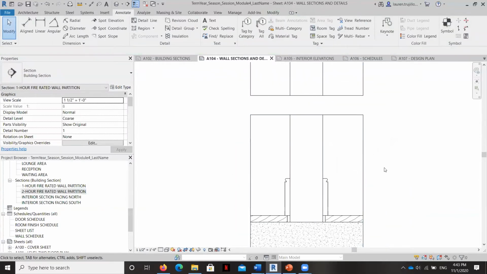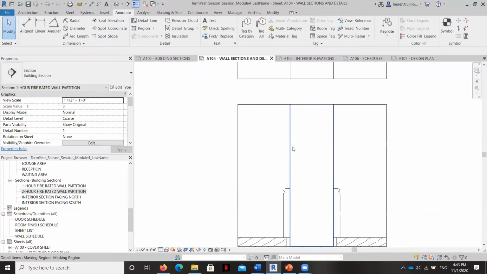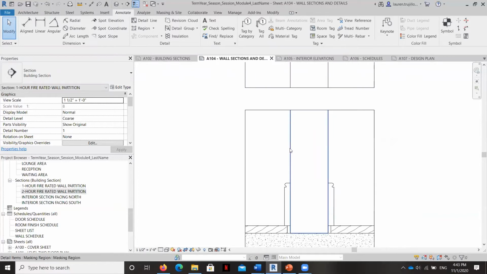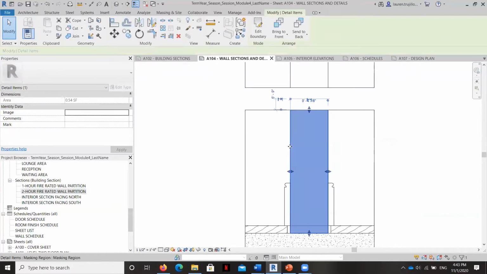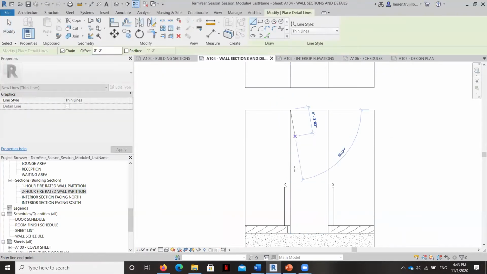Okay, so then the next thing that we're going to need to do is to create the drywall layers here. And so remember, this is a 1 hour fire rated wall type. So we just have to create a detail line on either side and offset it.